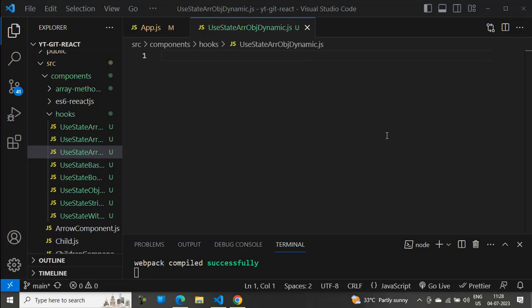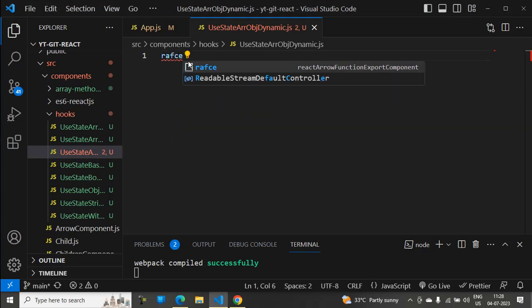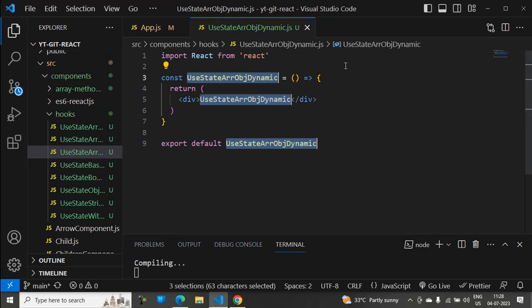Friends, let's learn about the array of objects declaration, as well as how to dynamically add values to the array of objects by using the useState hook method in React.js. Let's get started to know about this. RAFCE. Then let's declare